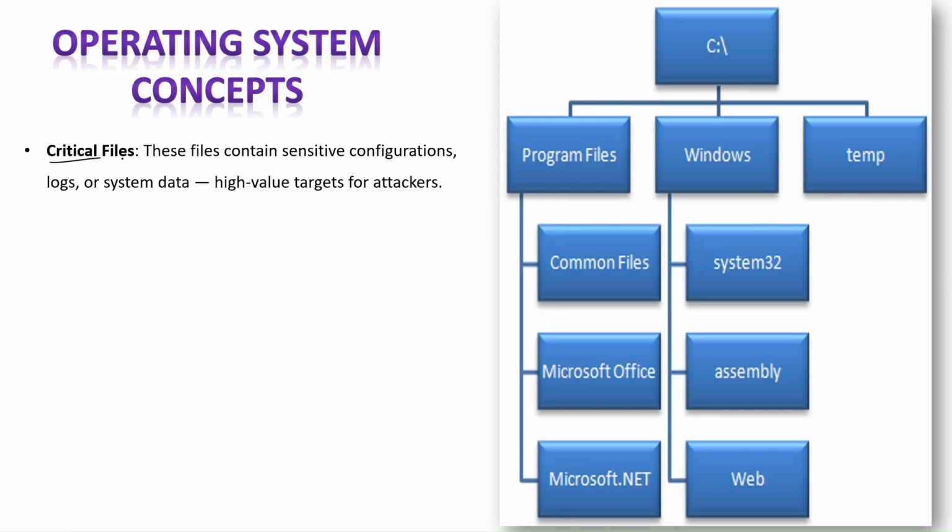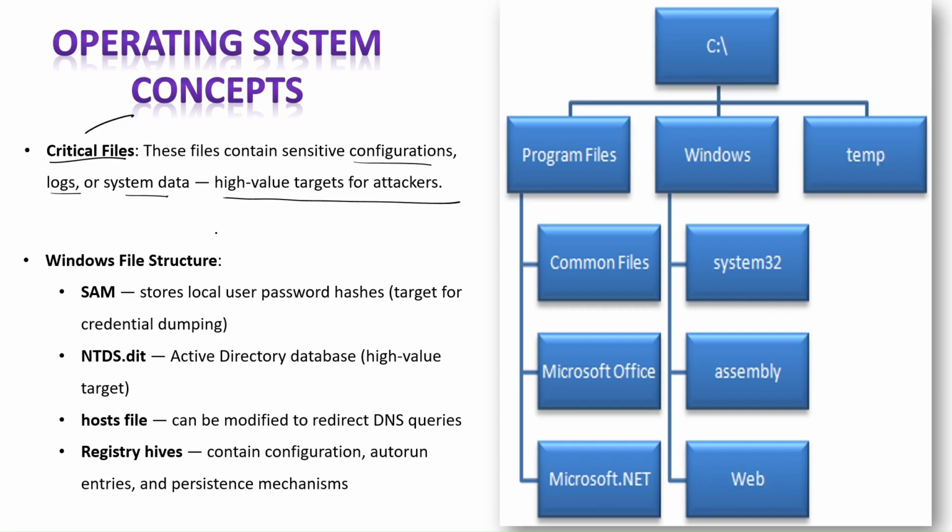So what are some critical files in these operating systems? These are the files that contain sensitive configuration, logs, or system data, and they are high value targets for attackers because they are critical and hold sensitive configuration and information. Some critical Windows files include SAM, which stores local user password hashes and is a lucrative target for credential dumping,